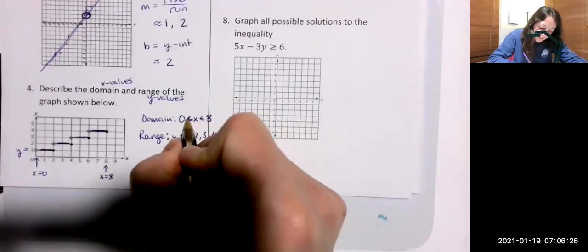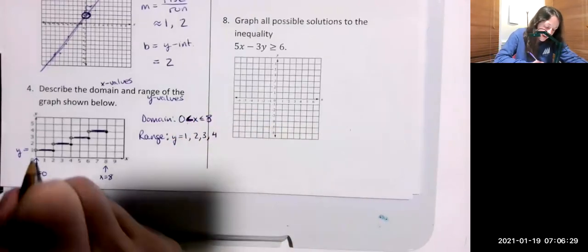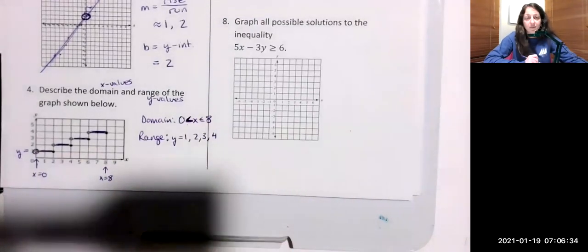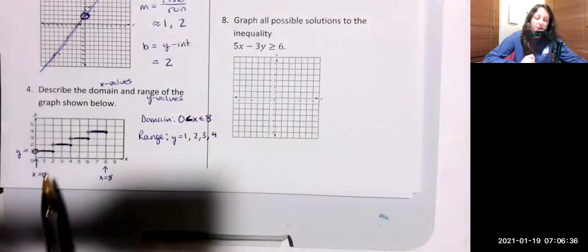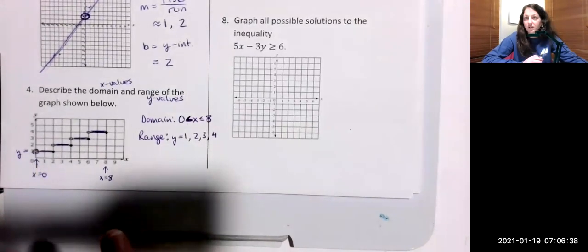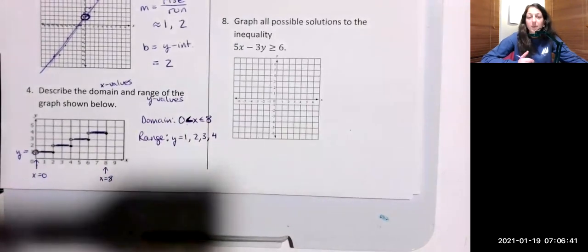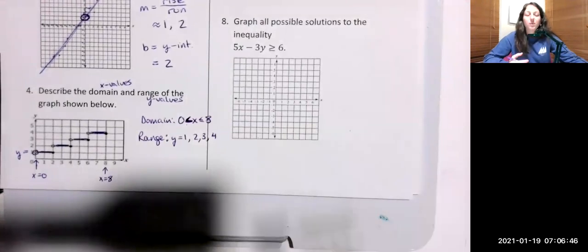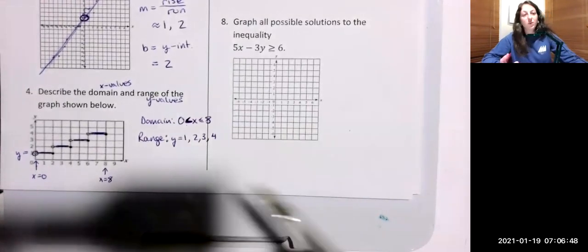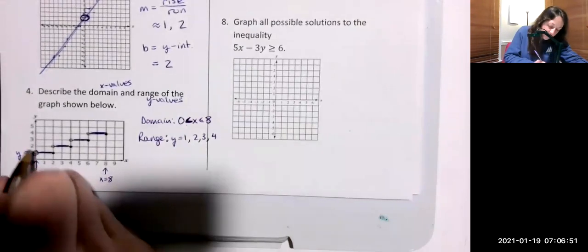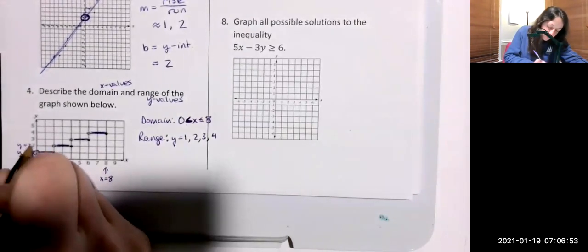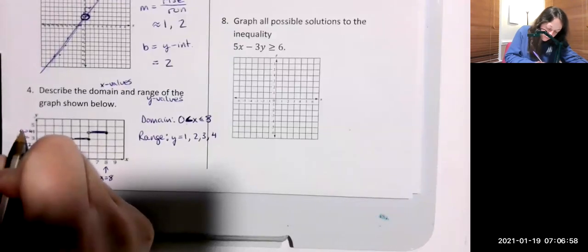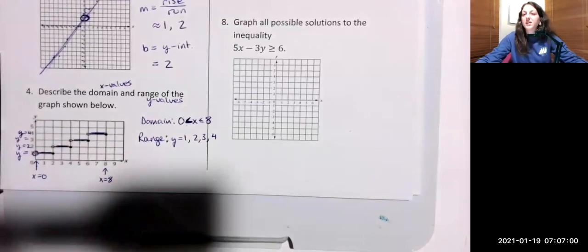And technically, that looks like it's an open circle, so I couldn't even put that equal sign. So number 4 is a bit more detailed than you usually see, but it's a really good one to exercise. What does domain mean? Domain means the x values. What does range mean? Range means the y values. So y started at 1, moved to 2, moved to 3, and then stopped right there at 4. All right, and speaking of stopping,